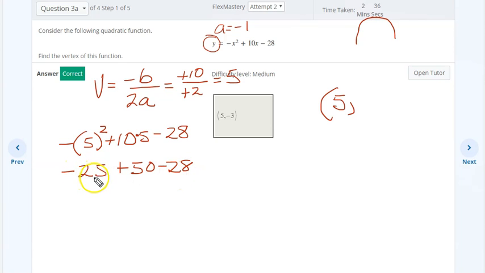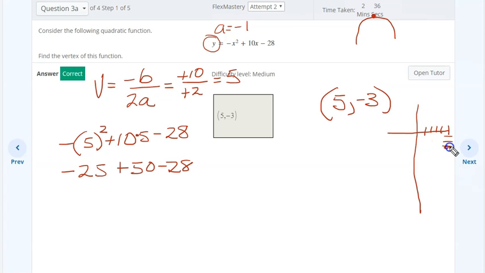Add these two together, you get -53. Subtract positive 50, and you get -3. So this is the vertex, which is a maximum. And if you draw that on a graph, it's going to be 1, 2, 3, 4, 5, down 3,